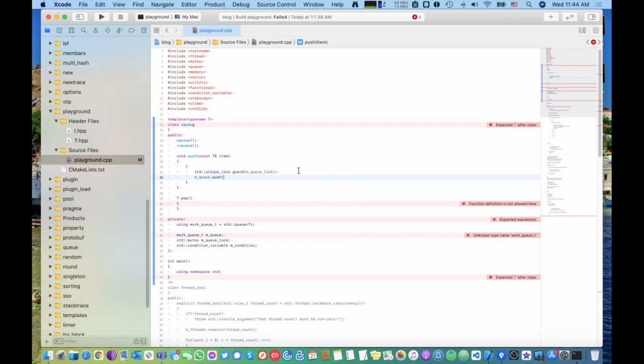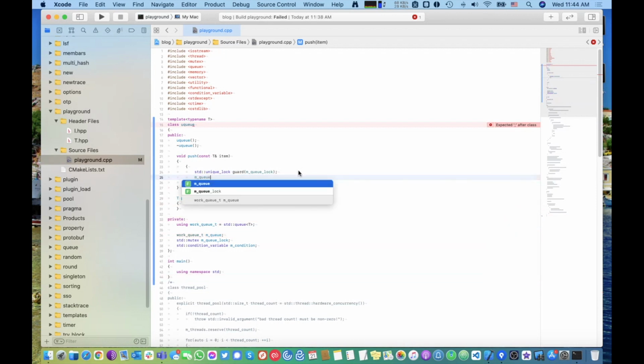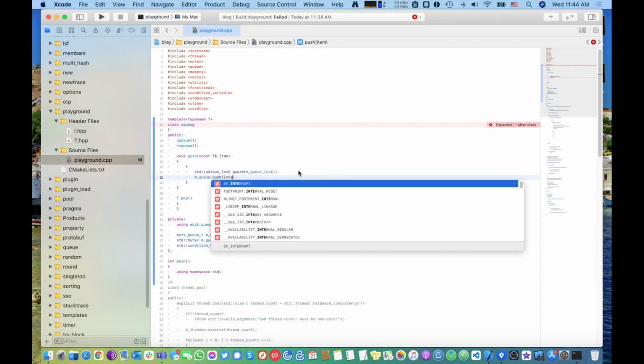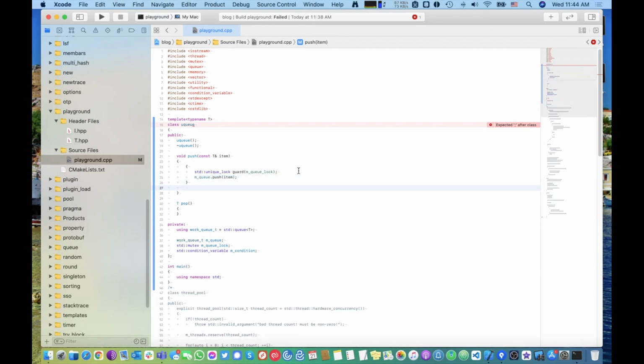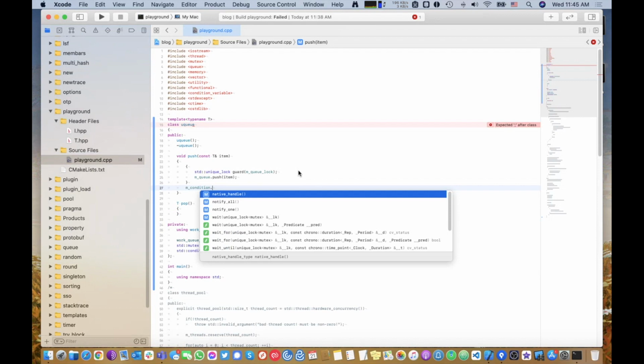And if you notice, there are two signatures to this function, so we should probably implement the same. So one signature takes a constant reference, the other one an R value reference. The R value reference one can be more efficient because it wouldn't make copies, right? It would move. But let's start with the signature. So we're going to push item onto this queue, unblock, and then condition that